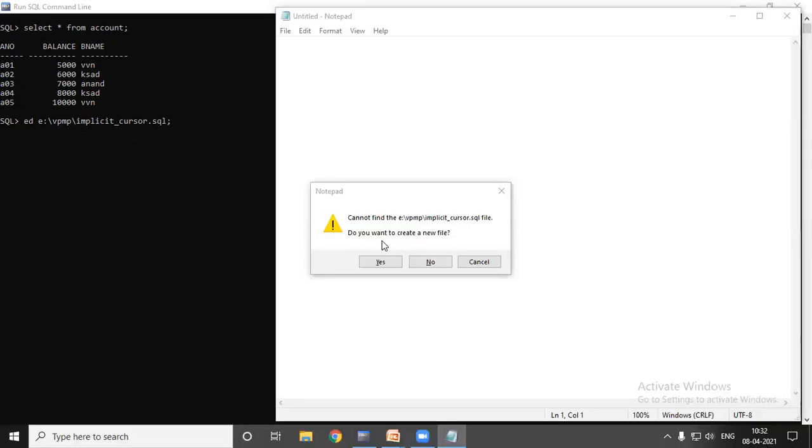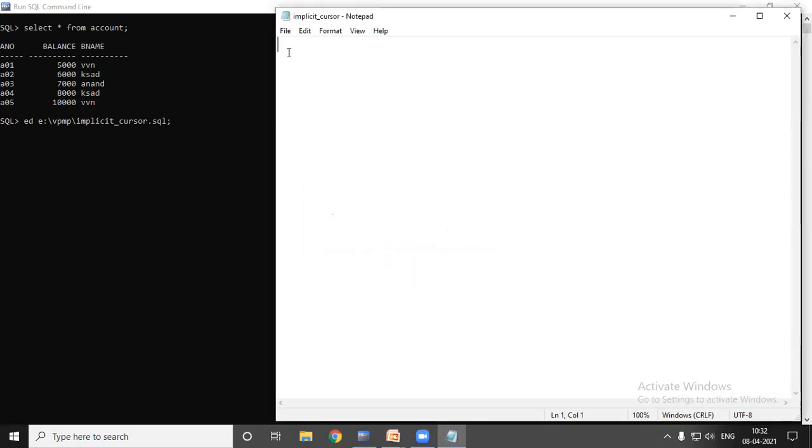So here one message is coming: Do you want to create a new file? Yes. Let's start our coding with the declare section. Declare. Now in the declare section, declare one variable for the B name column.